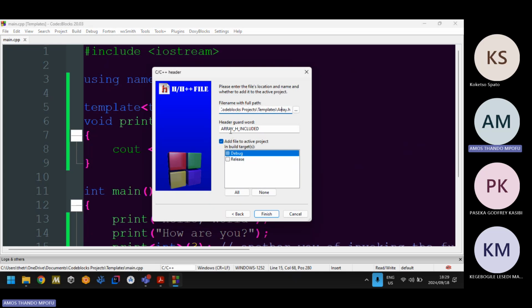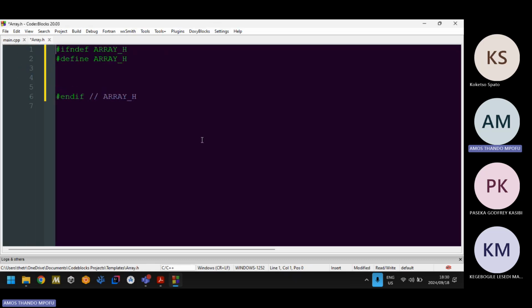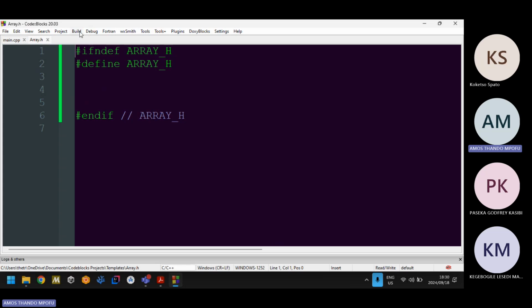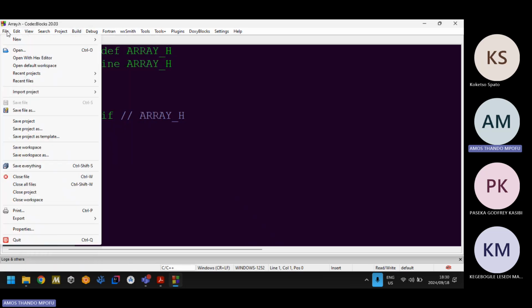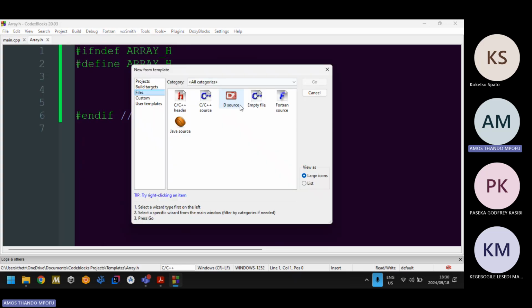Now let me make it a one-dimensional array to save time. So I'm gonna make it a one-dimensional array, click all, and then finish. And then I'm going to say new, and then file. And then I shouldn't, since remember I want to make use of templates, I shouldn't use C++